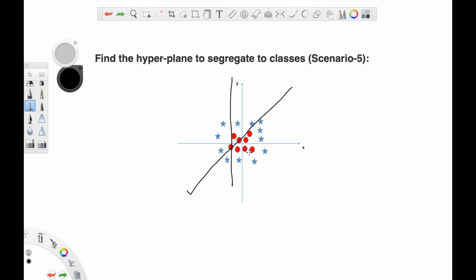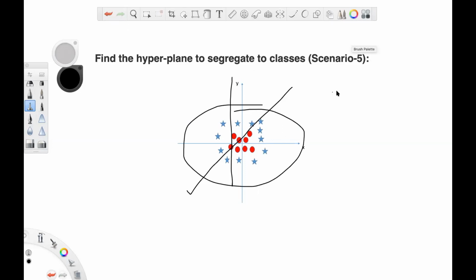What we are going to do is visualize this 2D plane on a three-dimensional axis from a third viewpoint. Here we cannot do anything.